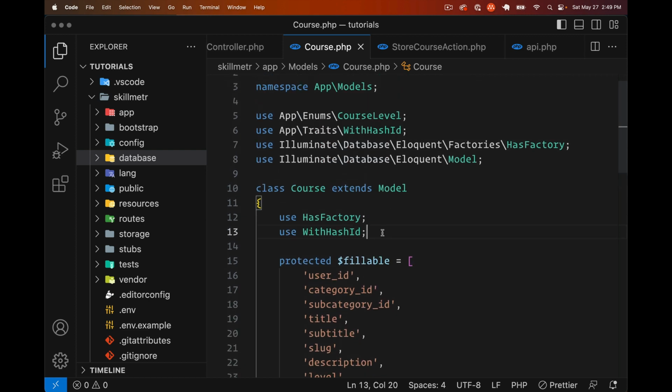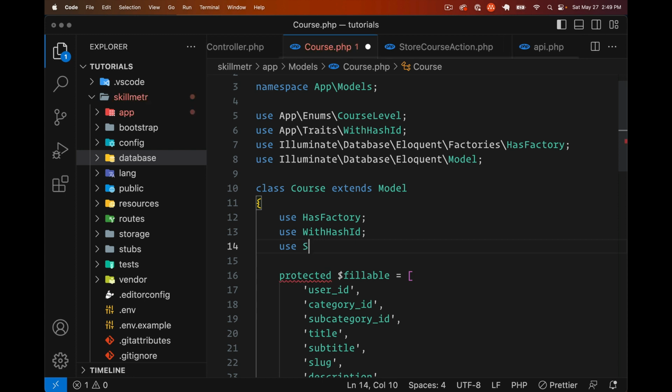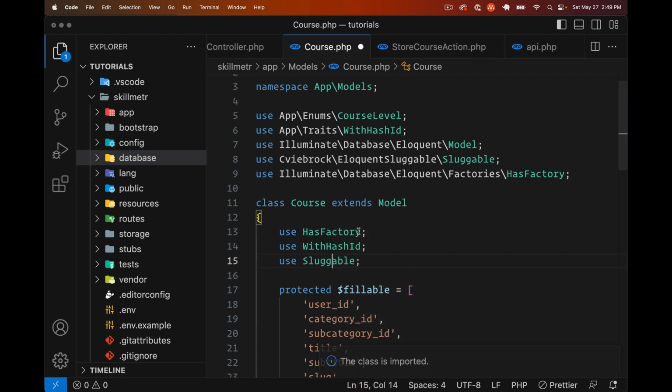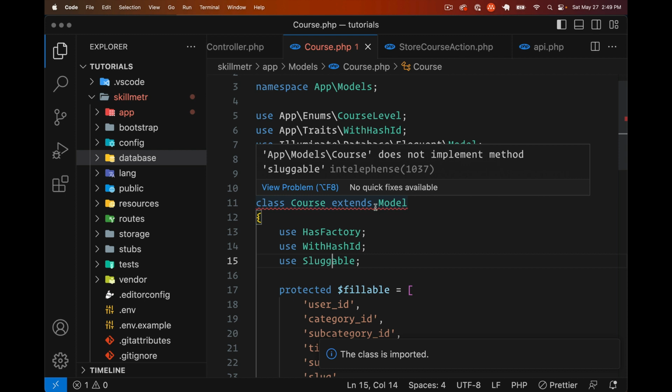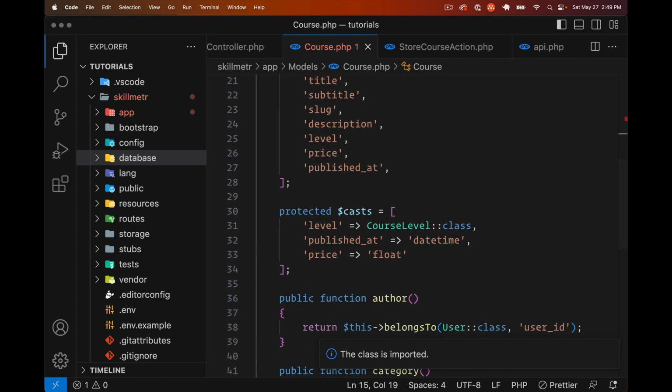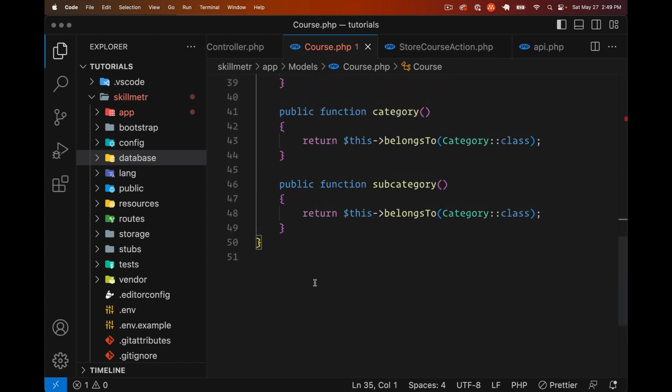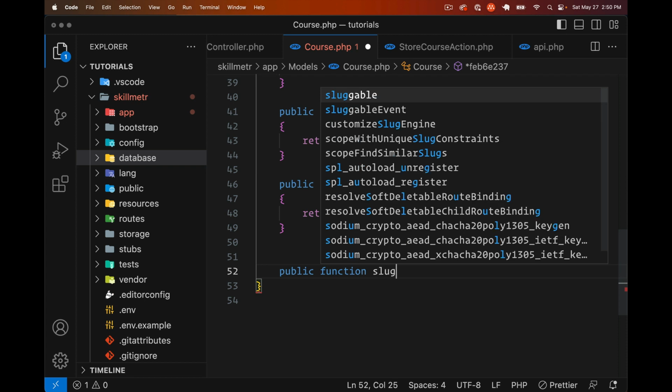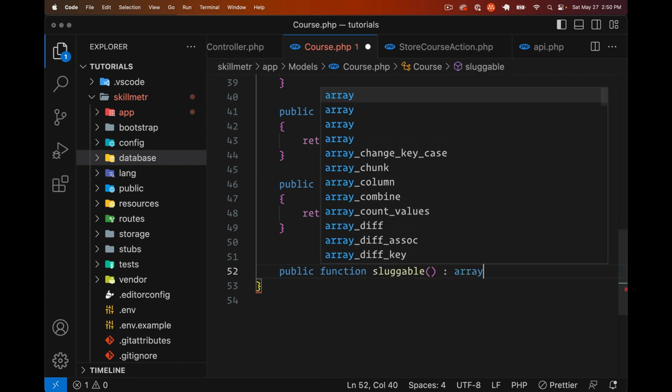And to use this package is very easy. You just import the use Sluggable trait in the model class that you want to bind this to. Once we import that, you see there's a warning here saying, well, we have not implemented a method called sluggable. And this is simply a function where we specify which field we want to use to generate our slug, okay? So let's go to the bottom of this file and we implement that sluggable method. So public function sluggable,